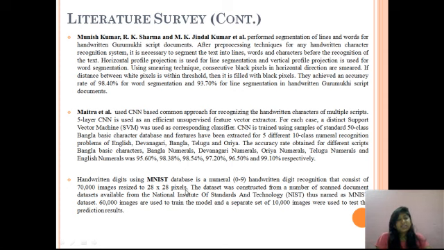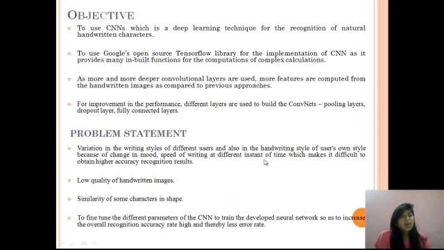And the MNIST database is also being implemented using CNN, and we are achieving very good results. So the main objective of this thesis is to use this deep learning technique to recognize our Punjabi characters. The more convolutional layers we use, the deeper the features we are able to compute. And we are using the TensorFlow library, which is provided by Google, for the first time to recognize our Punjabi